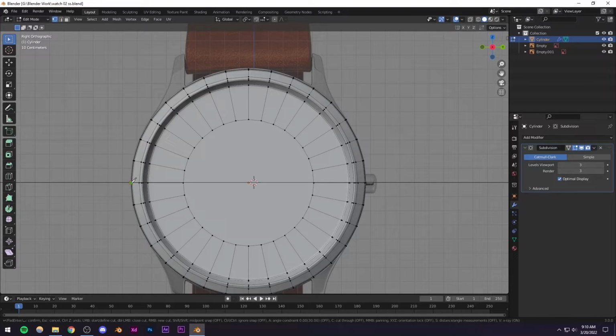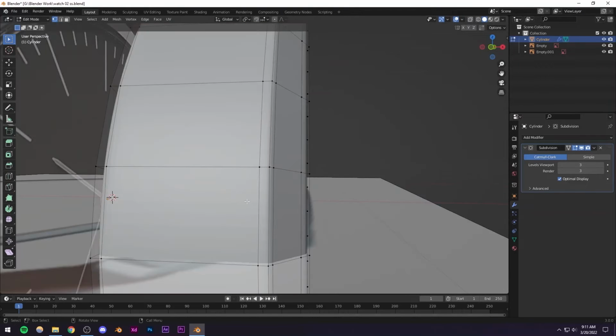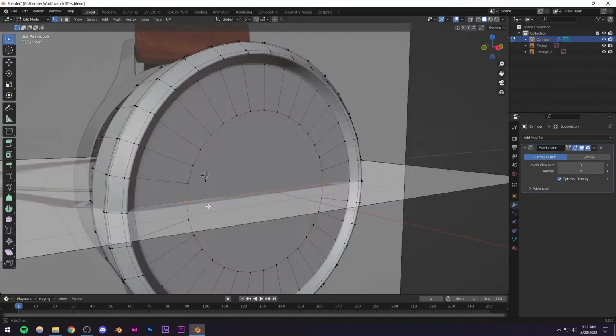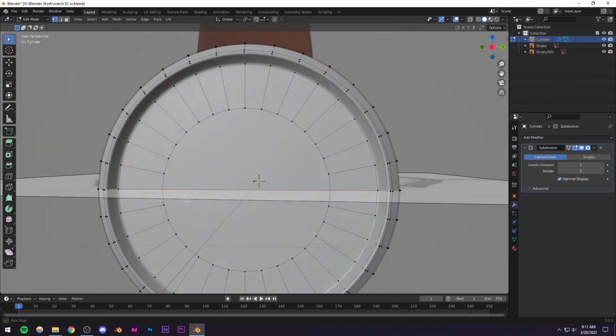I'm just going to be selecting one of these edges, and I'm going to be pressing Y to lock it to the Y-axis, and just press anywhere outside this watch, and just press K. Just left click, and now if you press C, it's going to cut through as well, and that's what we want. Cut through is on, and now I'm going to press Enter, and you're going to see that it's going to create this line